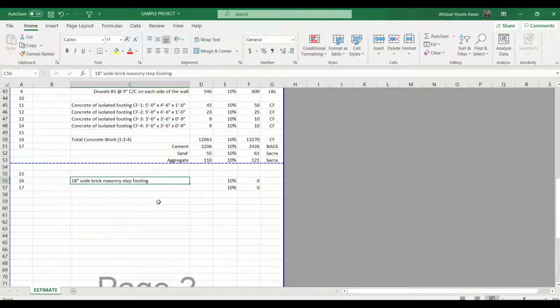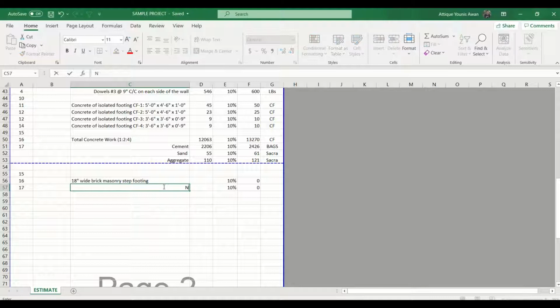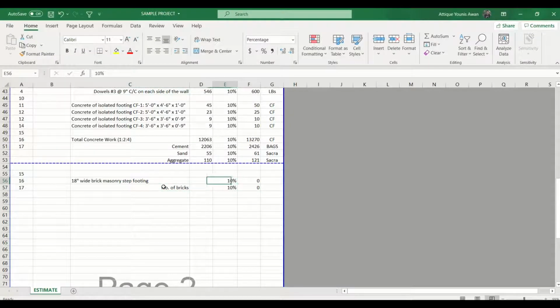Let me put the format on it, and on the other side we need the number of bricks. For units, the footing we need in cubic feet, while the number of bricks we get in counts, or you can write each. I normally use each, so that depends on you.